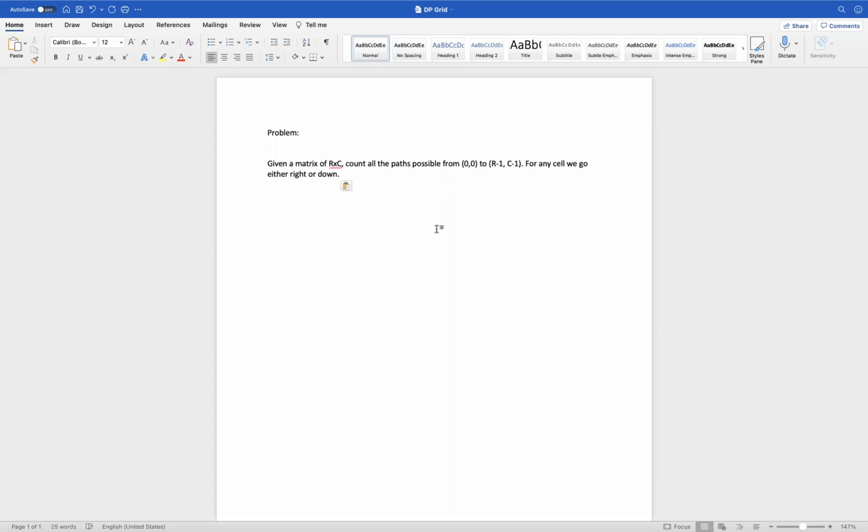If we look at it, the problem statement says: given a matrix of r by c, where r represents rows and c represents columns, we need to get all the possible paths from index 0 comma 0 to r minus 1 comma c minus 1, from the starting cell of the matrix to the ending cell of the matrix.